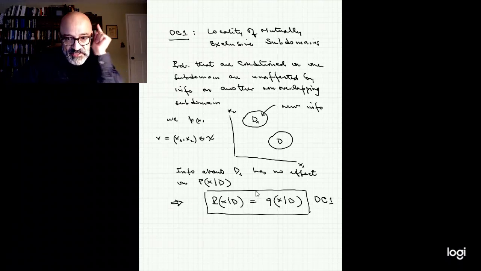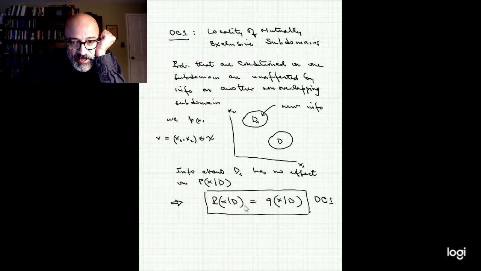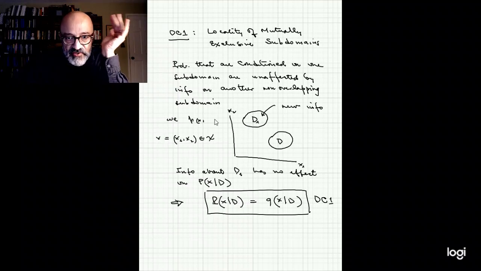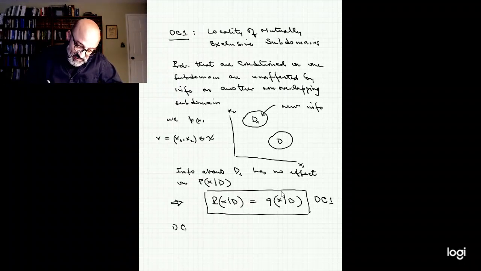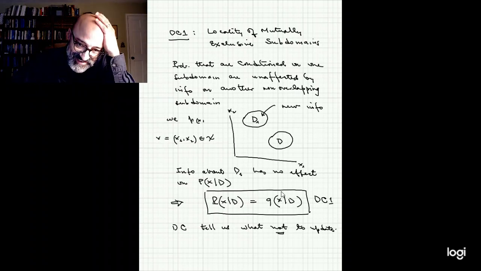Interesting. Look at what I'm doing here. I'm not telling you what to change. I gave you information, but I'm not telling you what it is that you're supposed to change. I'm not telling you how to update these probabilities here or anywhere. What I am telling you is what not to update. The design criteria tells us what not to update. This is one of these features that is actually, from a pragmatic point of view, extremely valuable, because